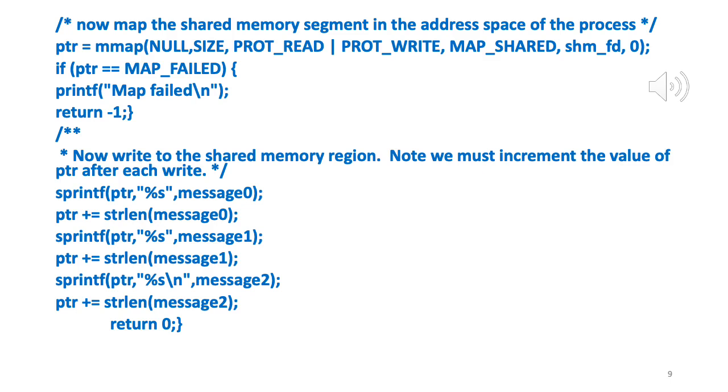Read and write, we want to do both. Map shared means changes done are visible to all processes that are sharing this memory. shm_fd is how we get to know which memory segment we're talking about. And 0 means we start the mapping at offset 0. So if the mapping is successful, mmap will return a pointer to that mapping.